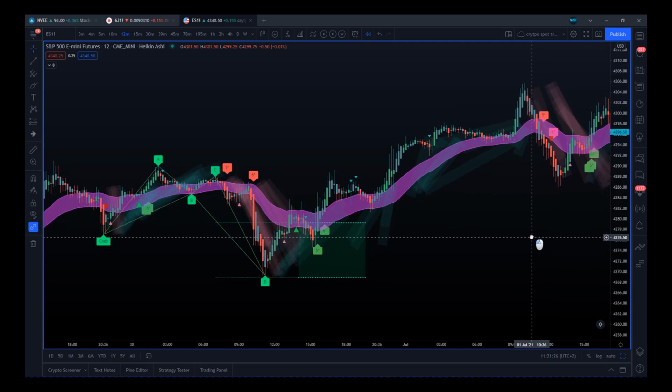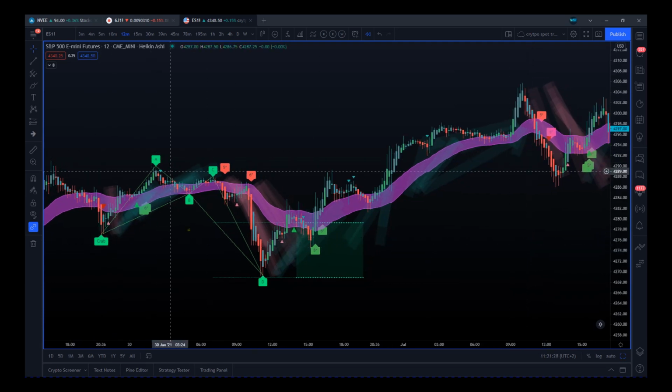Okay, so let's start off with this crab pattern that formed in the automated completion zone. Now this automated completion zone is quite fat. That happens sometimes because this is a combination of overlaps of fib retracements and extensions during the first ABC correction to give us a prime spot for the D pivot. In this case it's quite fat, in other cases you'll see it's quite thin, but the main thing is